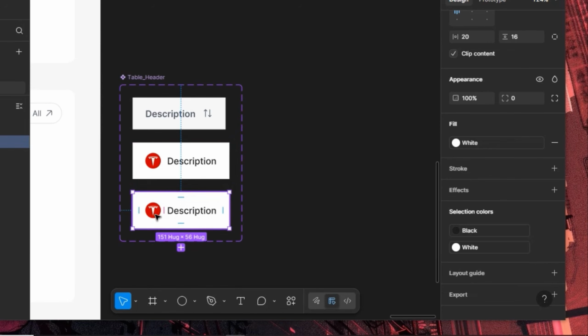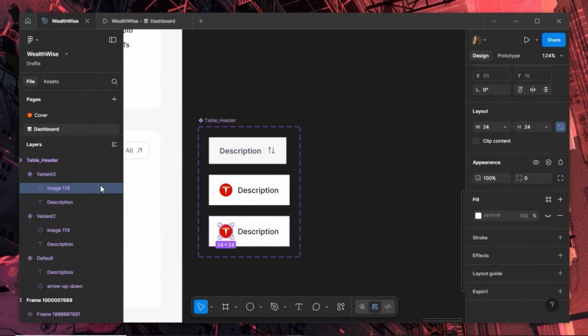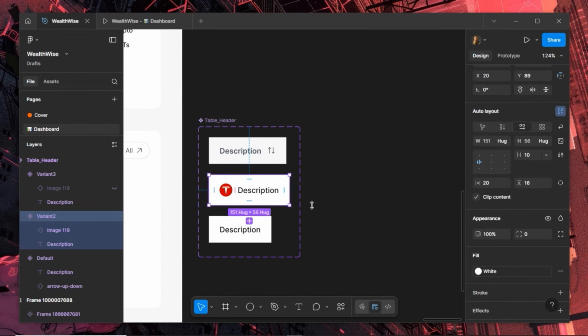So this particular variant is not going to have any icon. But I want it to still maintain the same height for this. So this is 56. So automatically I'm going to change this manually to 56. And finally,